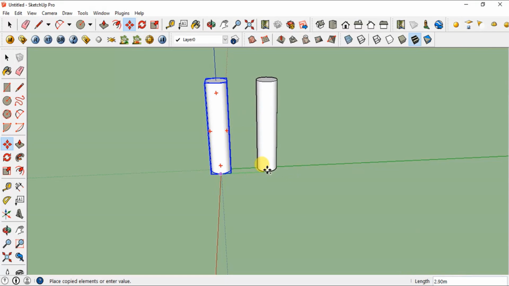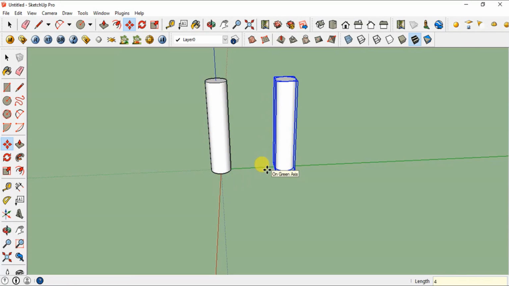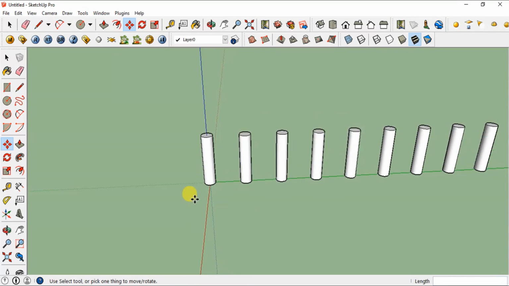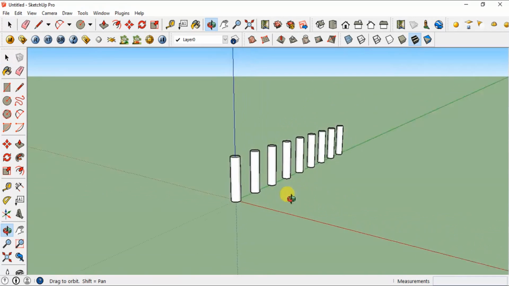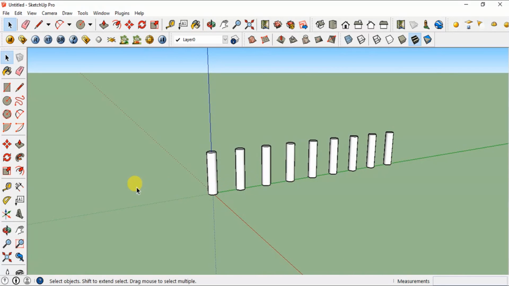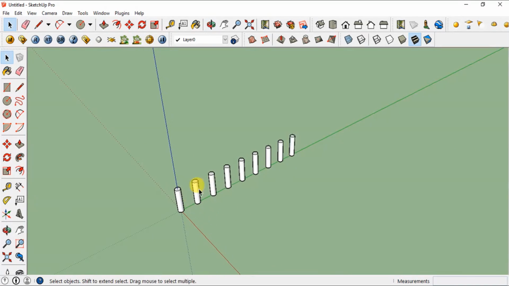So while moving it, you can type what length you want it to be moved, then click the mouse button, and then type how many times you want the object to be copied. Like I have typed here 8x, if you want it to be copied 8 times, then you have to type 8 and the multiplication sign from the keyboard. So this is simple for a straight line.